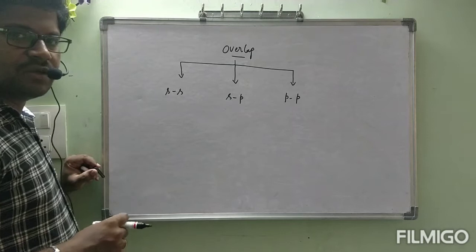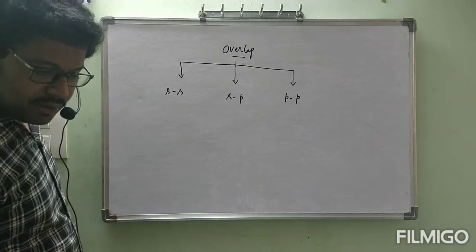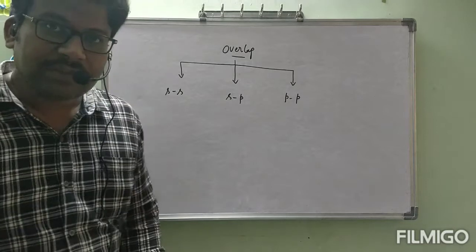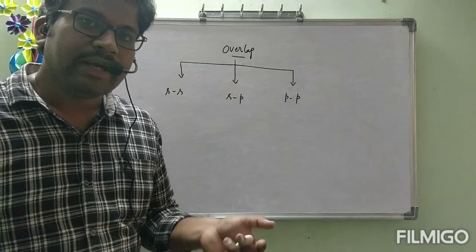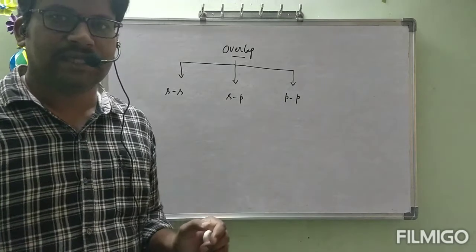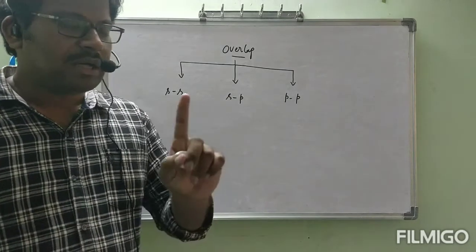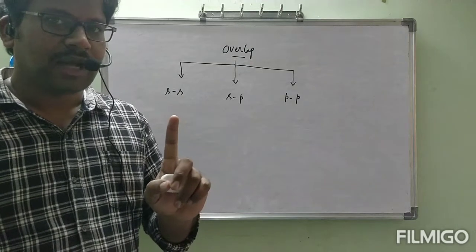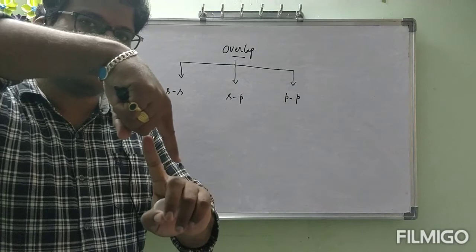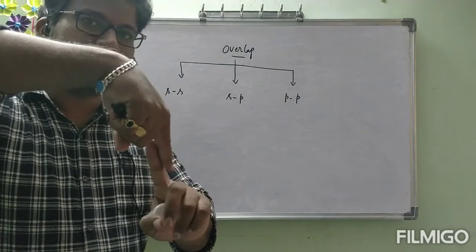At the time of formation of bond, what did I say? One electron spins in clockwise direction. Even another electron spins in clockwise direction also. It will change its spin and get anti-clockwise direction. Then the electron which spins clockwise and the electron which spins anti-clockwise are both paired with each other to form a bond.